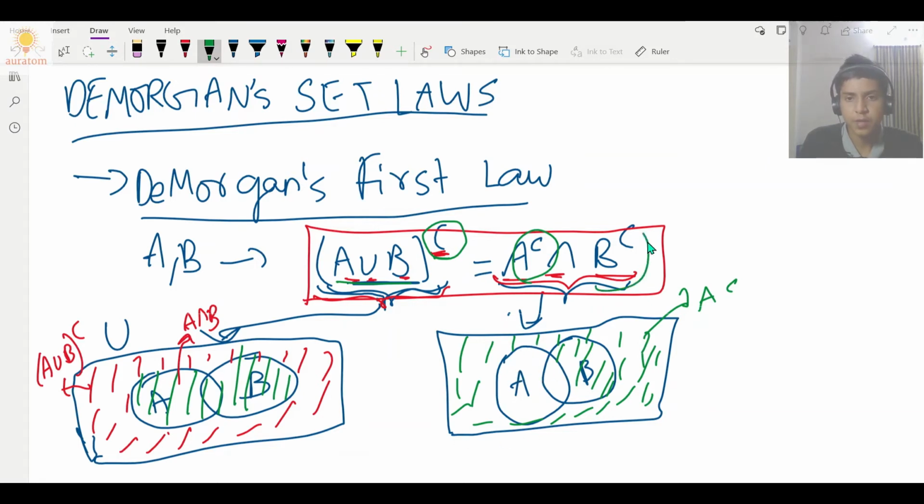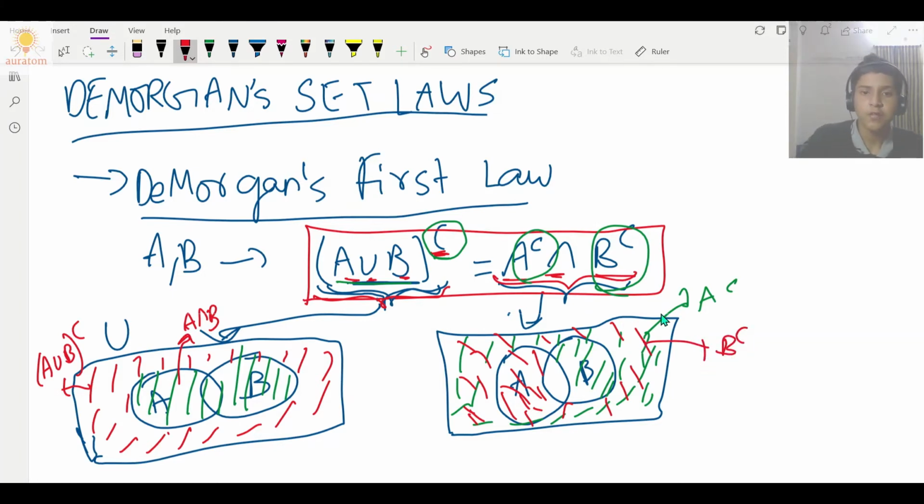Let's do that for B complement too because it's in here. So B complement is everything in the universal set except B, right? So we are going to shade everything in here. Similarly, we are going to shade everything in here and this part of A too, because this part of A does not come under B. So for B complement, we are going to shade everything in the universal set except B. So this red part here is B complement, right?